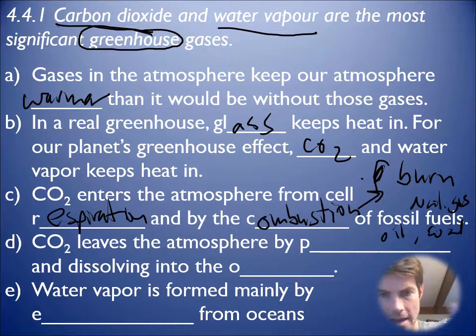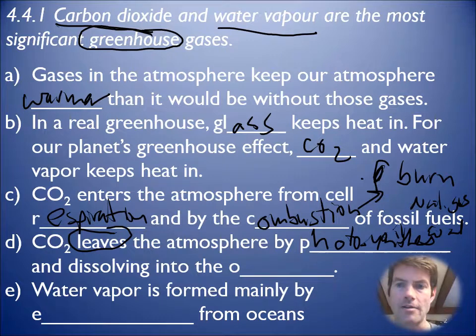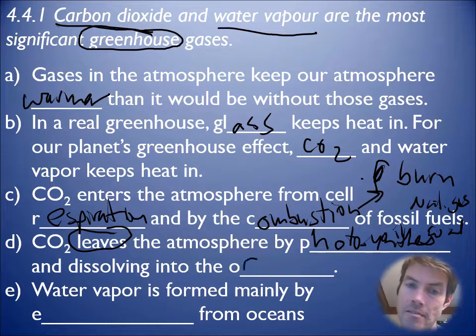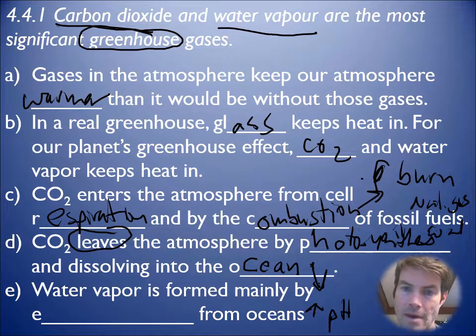There's ways we add CO2, and there's ways we can remove CO2 from the atmosphere. The principal one naturally is photosynthesis. So we have plants working not only on land but in the ocean to remove that CO2 from the air. And luckily for us, because we've been adding a lot of CO2 to the atmosphere lately, the ocean has been absorbing a lot of it, except that when you get a lot of CO2 in the ocean, you change the pH, which you can imagine creates problems for a lot of different marine organisms.